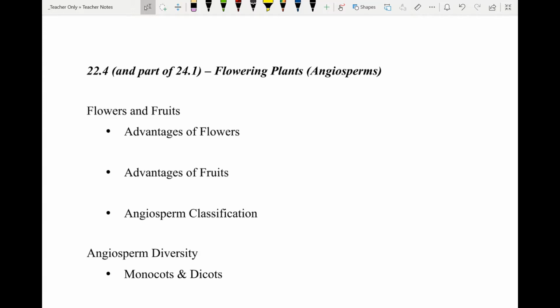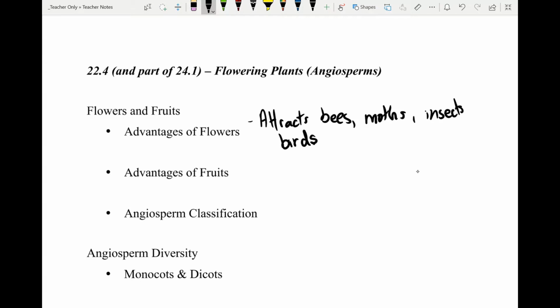So advantages of flowers. Main thing is it attracts bees, moths, insects, birds, etc. So why is this a good thing? Well,